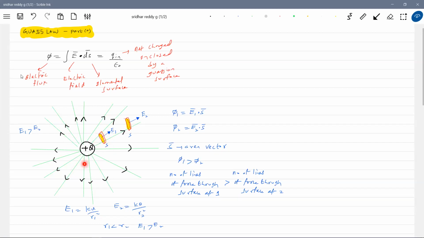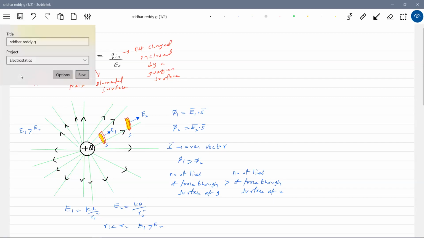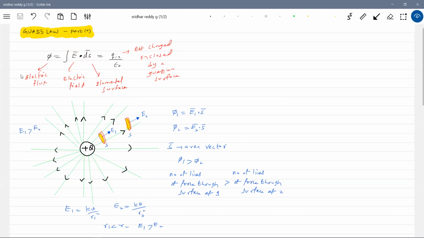So the idea of how many lines of force I should assume is what we are coming out of that method. We need not bother about how many lines of force I should draw. To make that uniform thinking, we have the idea of electric flux here. Getting the idea, no? There is no uniformity in the number of lines of force. To make that uniform thinking in lines of force, the idea of flux is brought here.